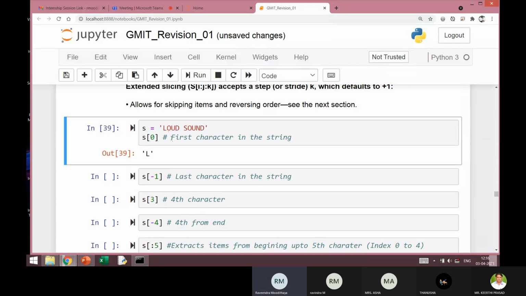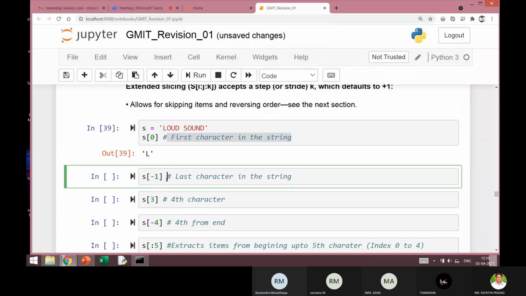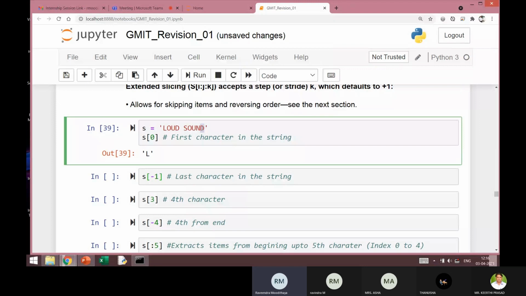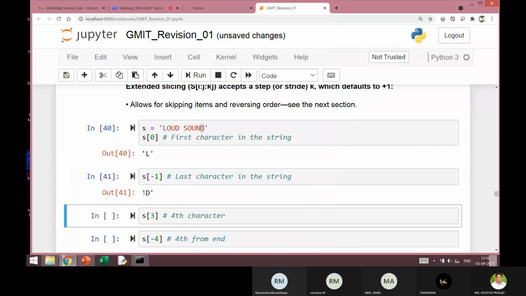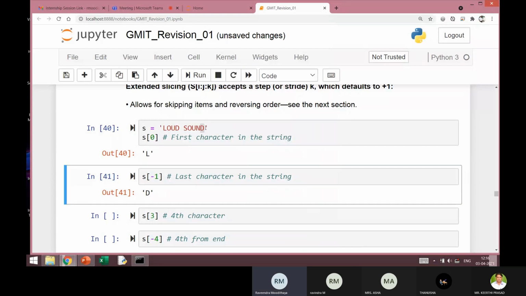I have written a comment here just to understand what this command will do: the first character in the string will be outputted. Let's see s[-1]. I'm expecting the last character to be outputted here because I have given the index as -1, which corresponds to the last character. And the output is D, which is the last character.